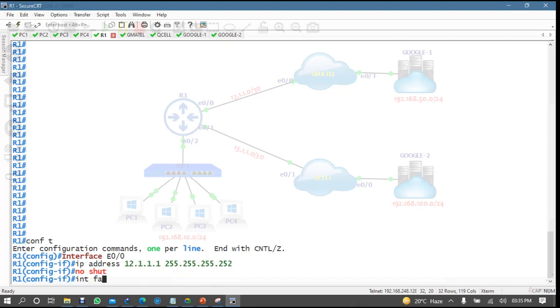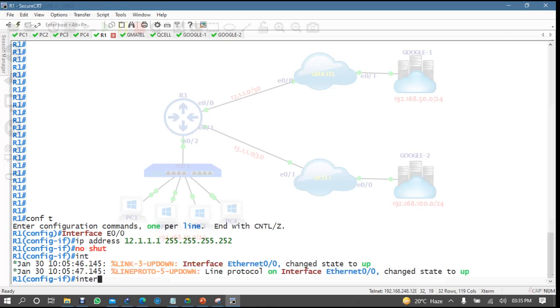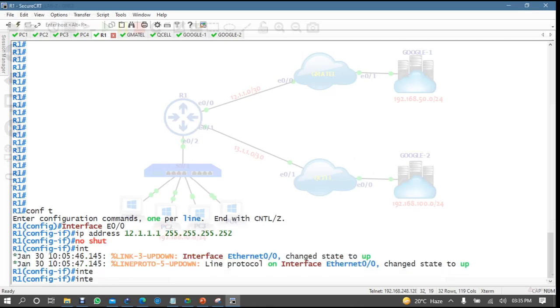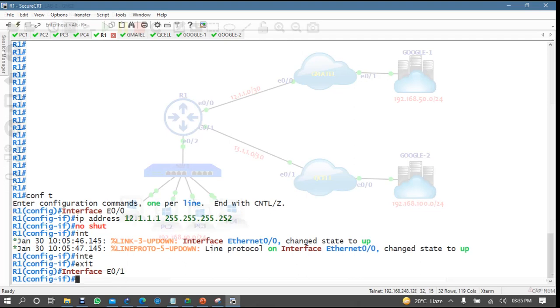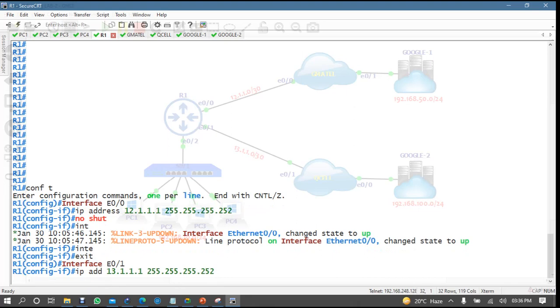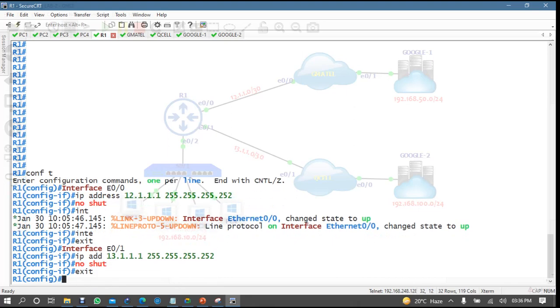Then interface E0/1, IP address 13.1.1.1, no shut. Now the last one is remaining, which is E0/2,